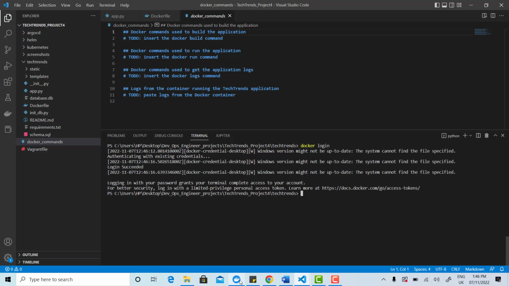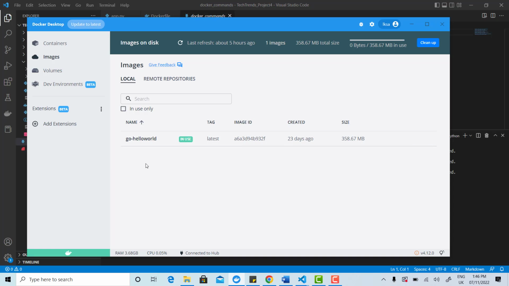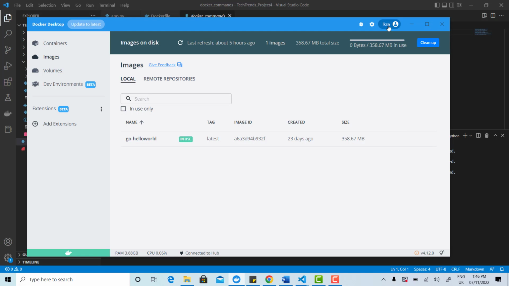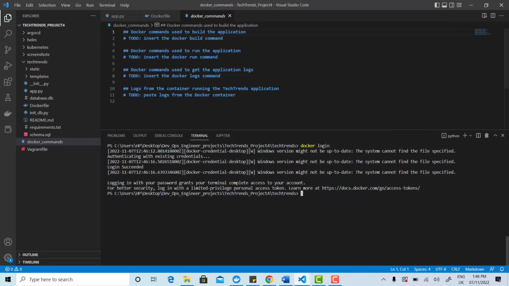Login succeeded. Remember that my Docker is running here and this is the only image I have, and again I'm also logged in from here. This is my username. So for me to build this image from this Dockerfile, the first thing I'm going to say is docker